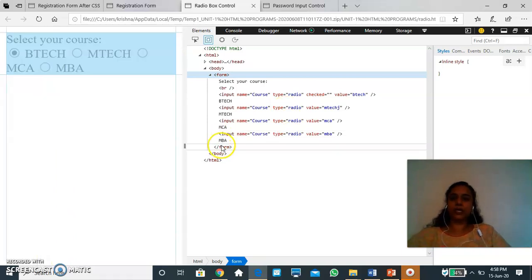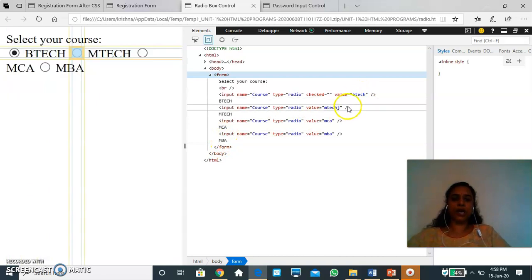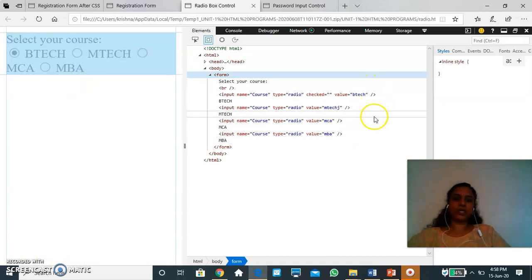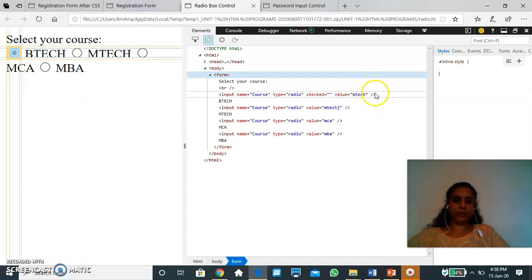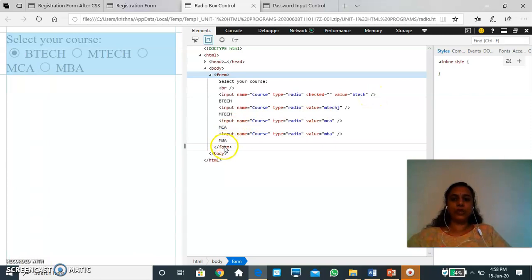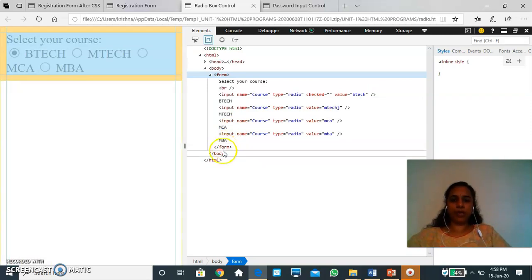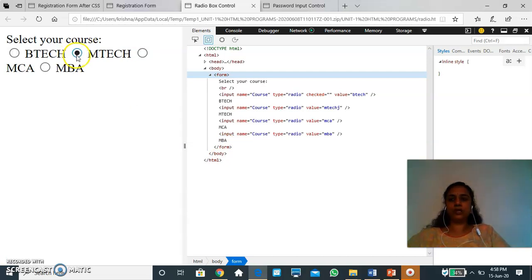There is no closing of any of the input tags, you can see. That's why the last one is slash and then the closing angular bracket, which indicates that there is no closing tag for the input tag. Here you can see there is a closing tag for the form tag, body tag, and HTML. This is how a radio button works. I can select only one option among the given options.